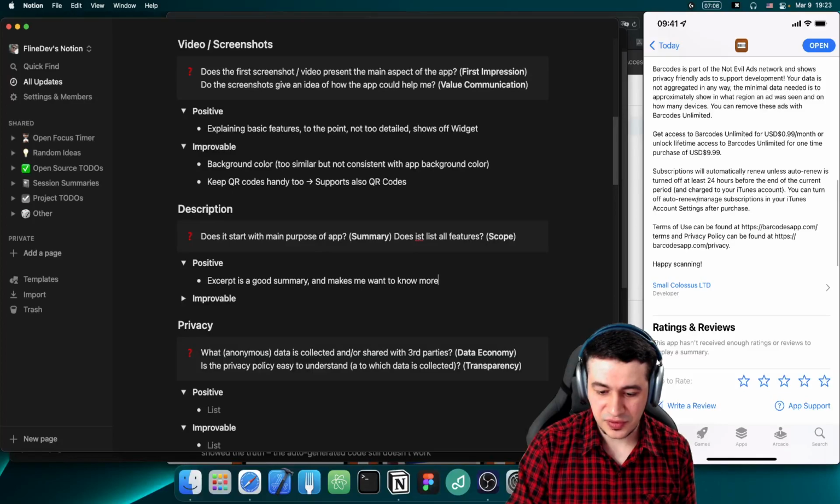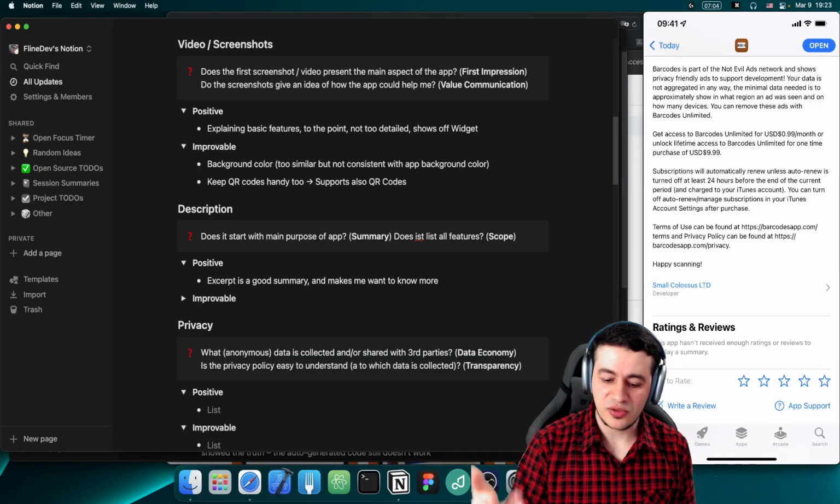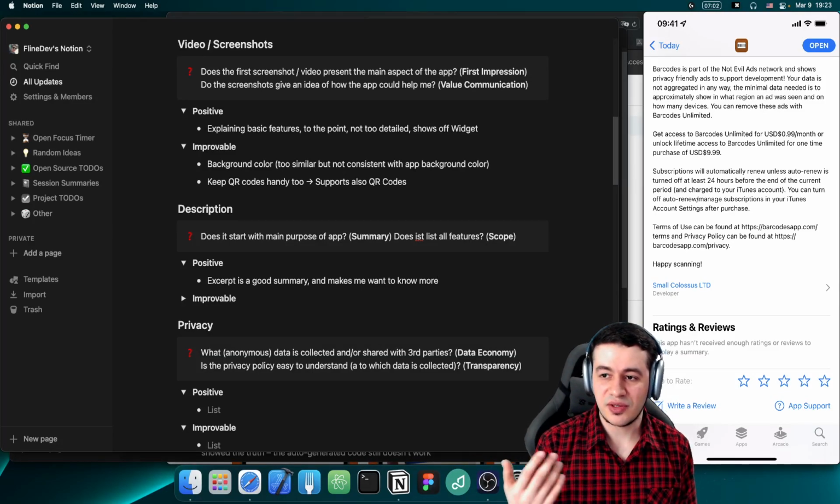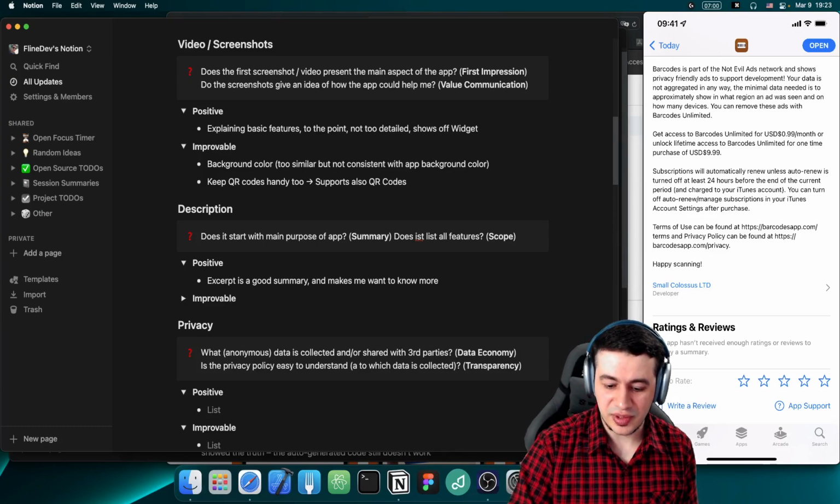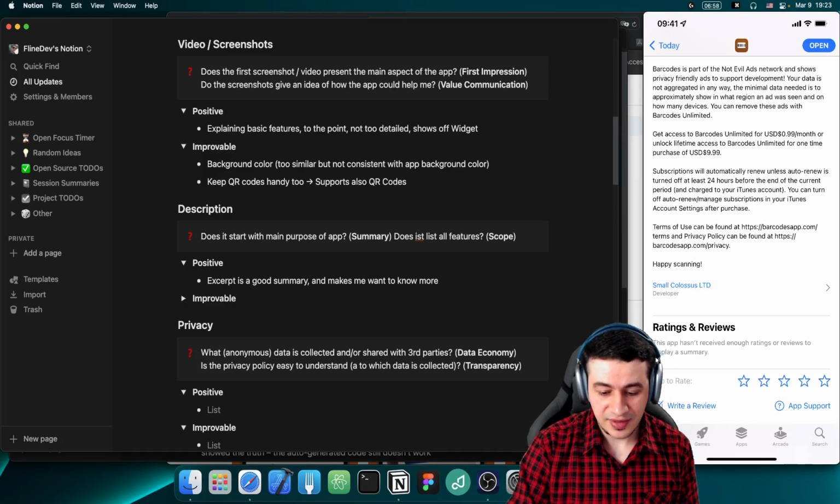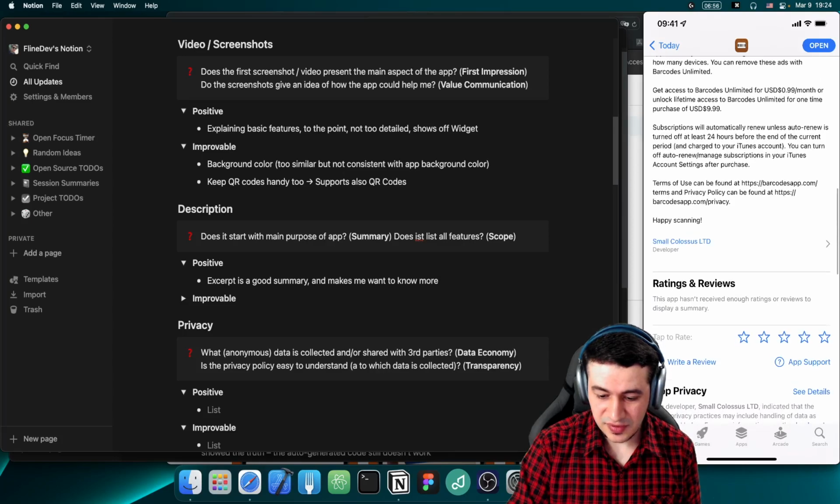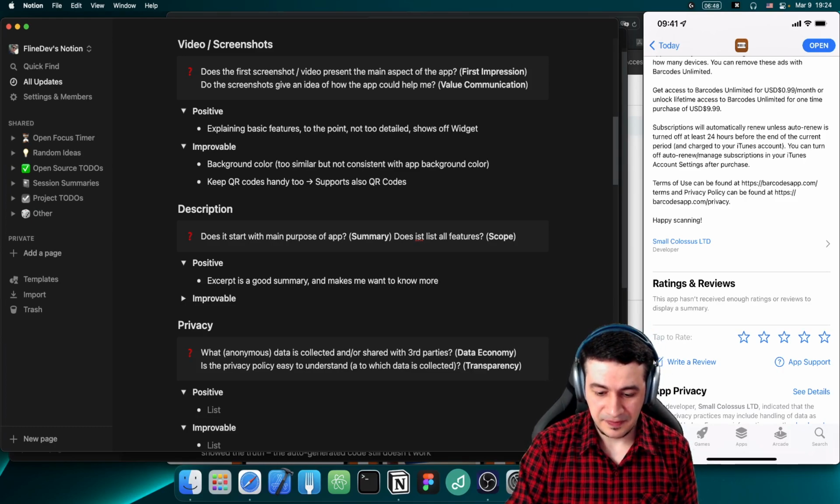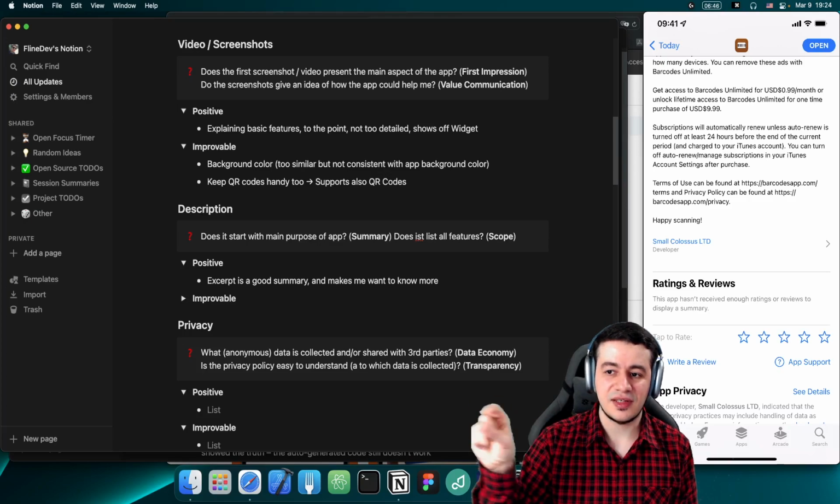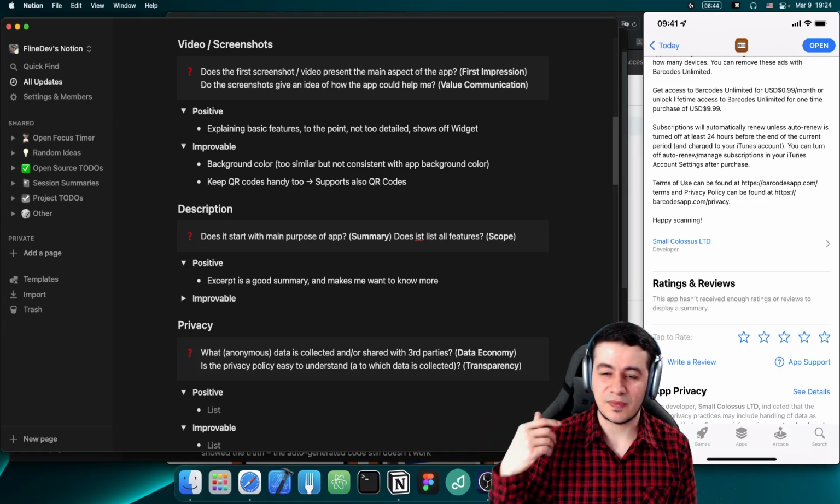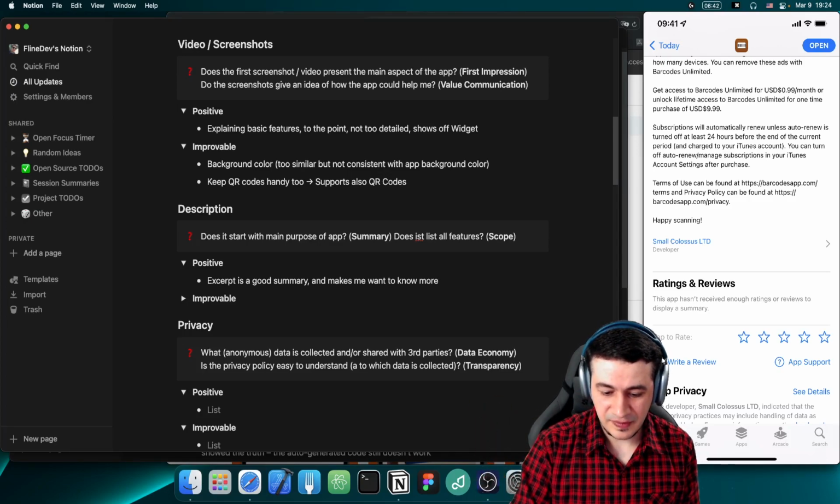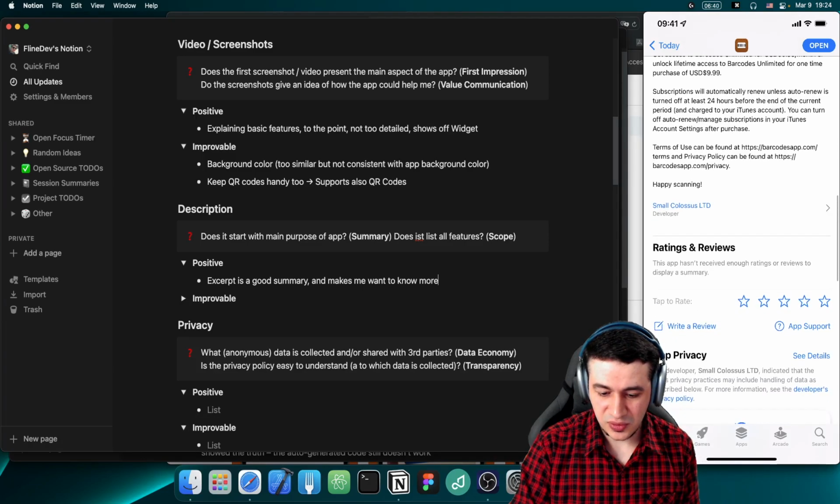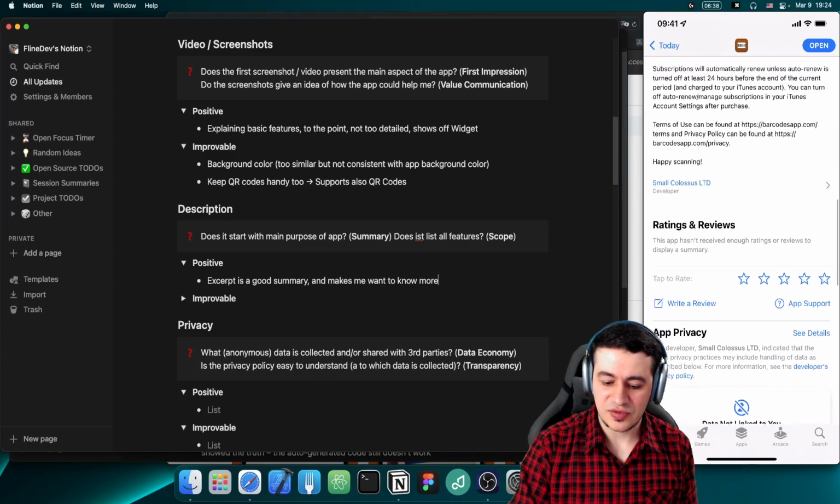Barcodes is part of the Not Evil Ads network. I don't know what that is, but it sounds to me like something related to privacy, and I would not read more there, but it sounds good. And get access to Barcodes Unlimited, so $1 a month and $10 per year, I guess. No, the one-time purchase is $10. You have a one-time purchase. I read this text because I see numbers listed there in US dollars, which makes me interested to read it. Subscriptions will automatically renew. Okay, that's like, so just some